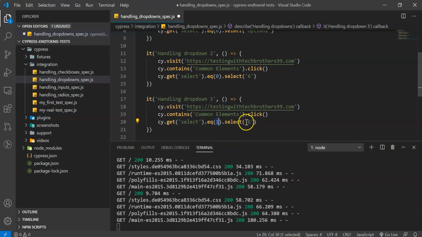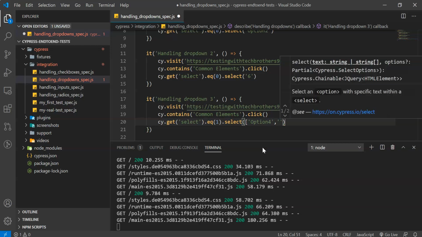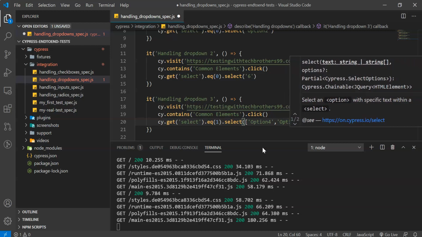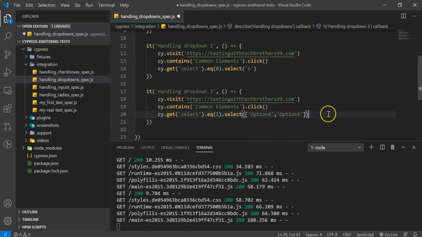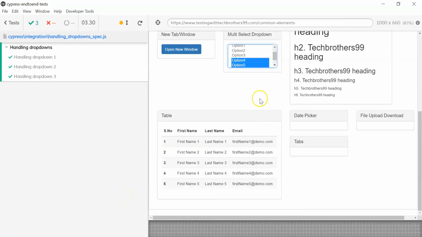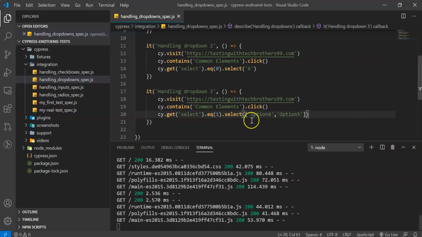And you can give like option 4 and then option 5 suppose, and then we need to end it. Okay, and we'll see whether it will get selected or not. And see here option 4 and 5 got selected. Okay, so you can pass the array here with whatever values that you want to select.